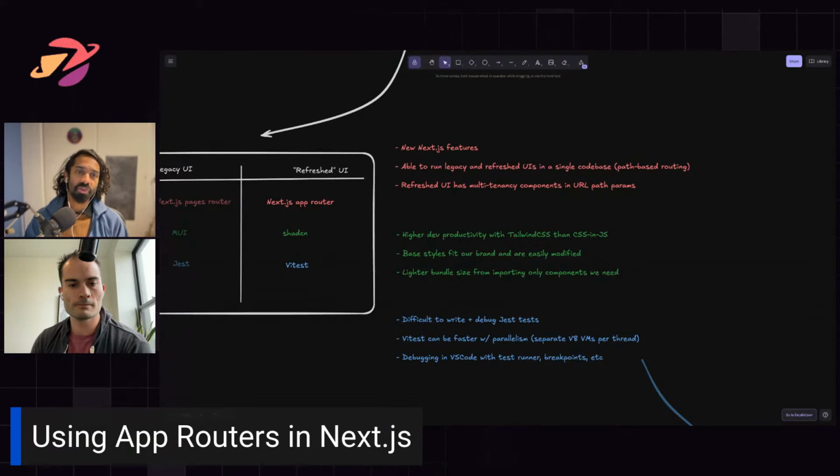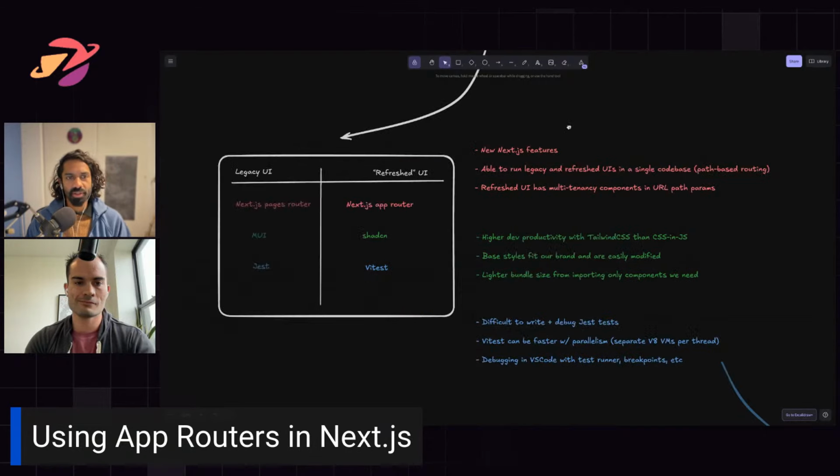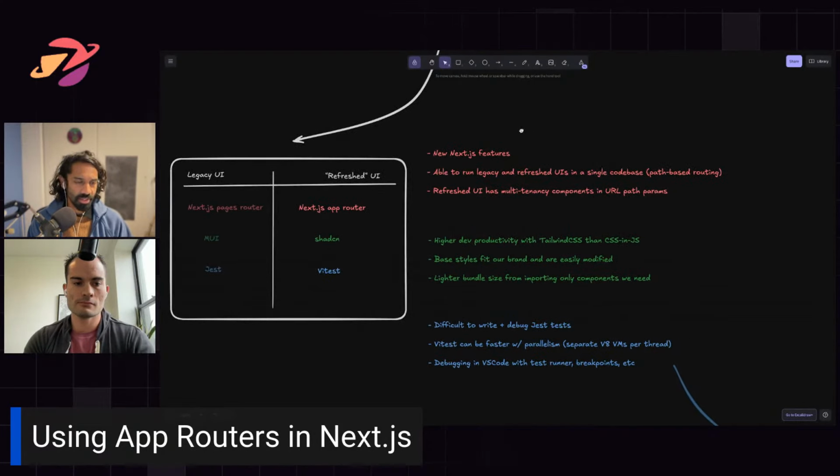Oh, I was asking for context. Can you maybe explain to our viewers what the difference is in how the pages router works versus the app router? Yeah, I think mainly it was a